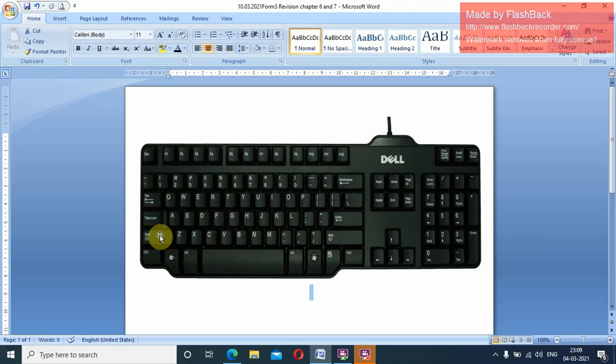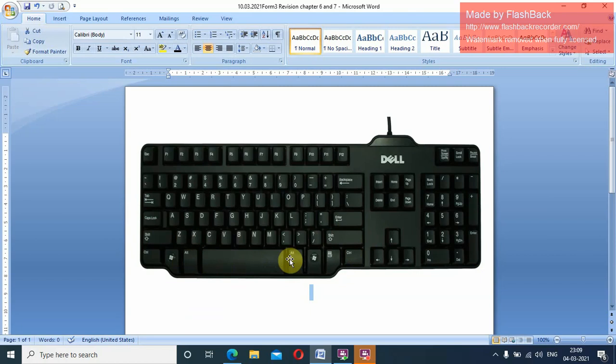Second use of shift key is, if you want to type only a letter in capital, press shift and that letter, and that will come in capital letters. So this is your shift key, one of the special keys. Then comes enter key, and it allows you to go to the next line. There are 2 enter keys, 2 shift keys, 2 control keys, 2 alt keys, right.